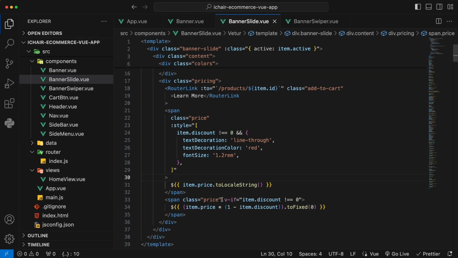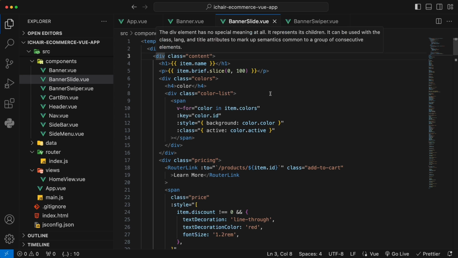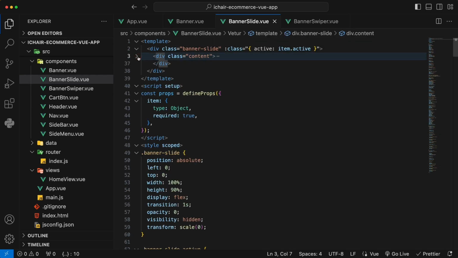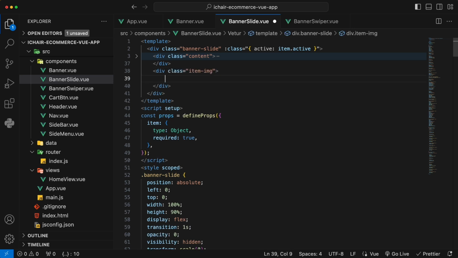So once we've done the price, we pretty much have done all the things with the content. Okay, and that's all the content. Shrink it, expand it. Yeah, the content takes the left-hand side 50% of the width, and the image will take the right-hand side 50%. So below the content, what I'm going to do is create a div called item-image, and that one is going to have a